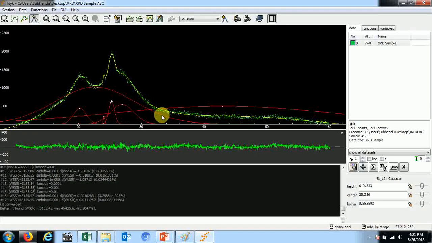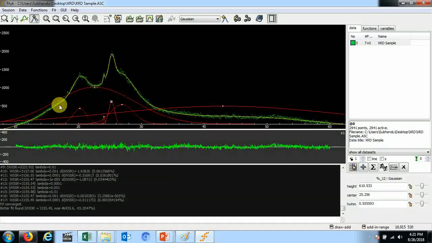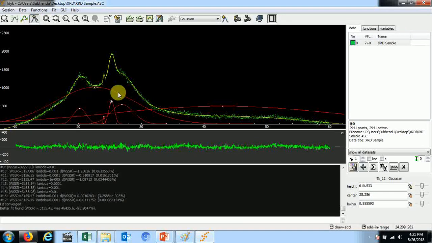Yes, now it appears to be nearly fitted with the original graph. The yellow graph is the fitted and smoothed graph. Red graphs show the deconvoluted peaks under the graph, and in this part it shows the deviation of the fitted graph from the original graph. So now we can consider the fitted graph is almost equivalent to the original graph,